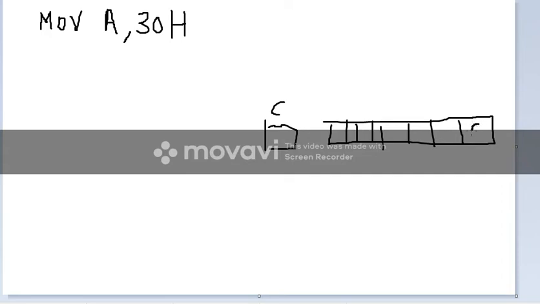So this is the governing factor. If this is 0, it means even. If this is 1, it means odd. That means I have to take this to carry and check. This bit has to go to the carry flag and check. So what operation will do this? This bit going to the carry flag. So through carry you have to do